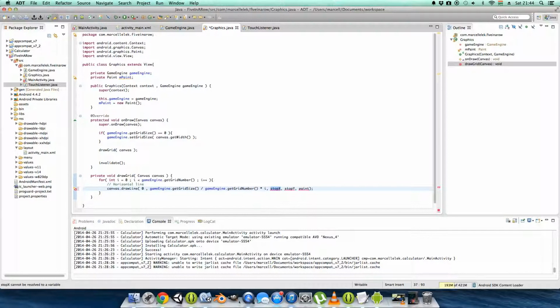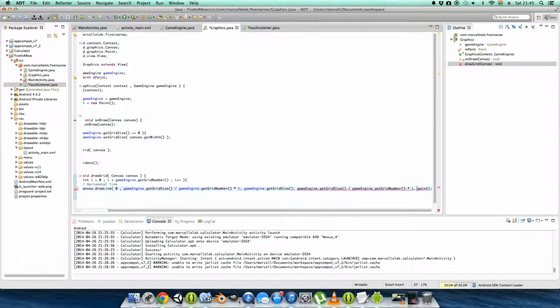It's going to be the other end of the x-axis, but it's not going to be on the bottom edge on the y-axis. So let's make it game engine dot get grid size, and the stop y is going to be the same as this. So just copy paste it, because we draw a horizontal line. It's going to be unpaint,